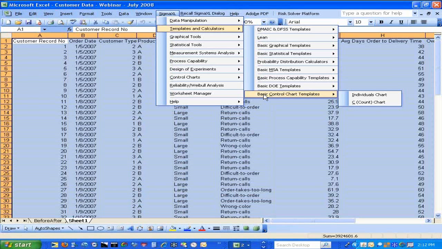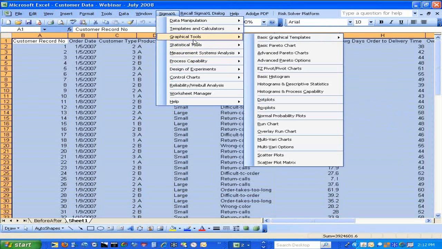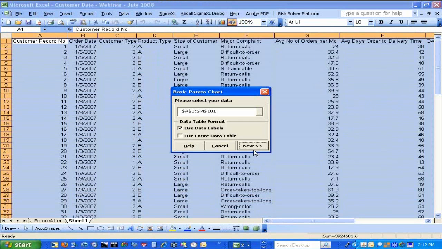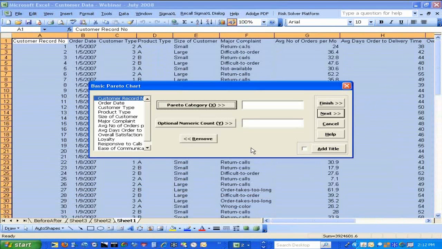The other tools in SigmaXL require raw data, such as the Pareto charts and the histograms and so forth, and that's what we're going to use the customer data for. So I'd like to begin with one of the common tools that's used early on in a DMAIC project, the Pareto chart, and I'm just going to do a basic Pareto chart of customer complaints,